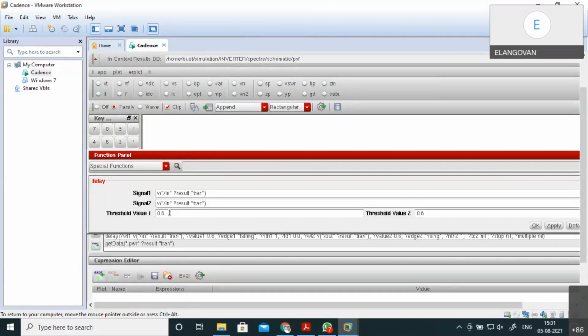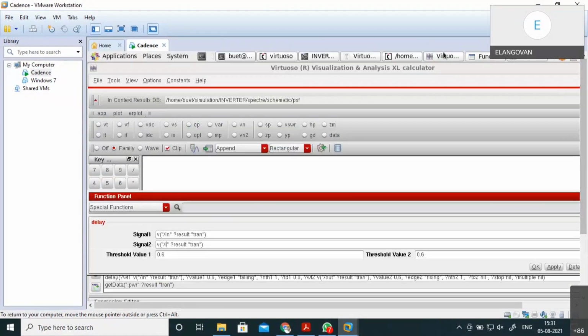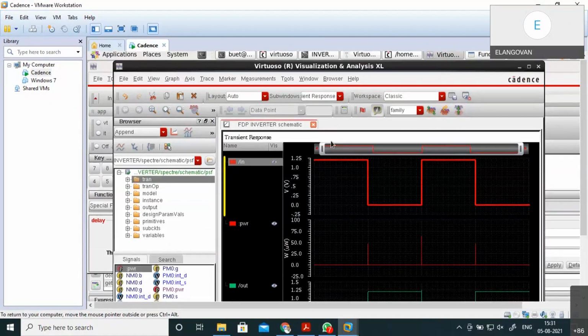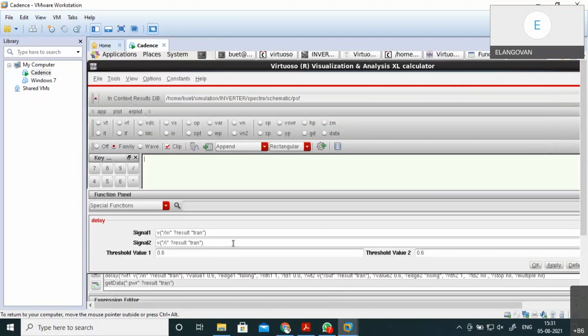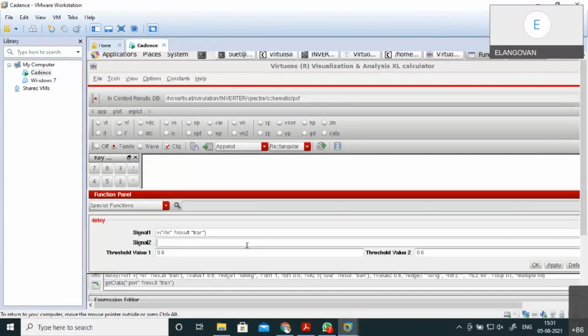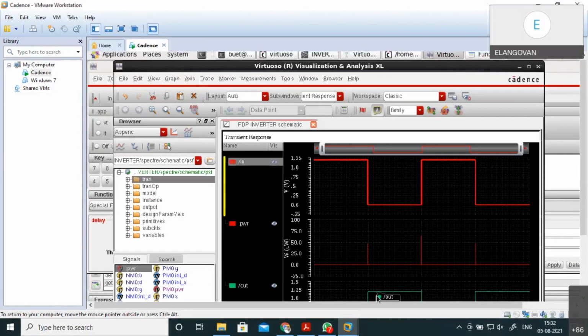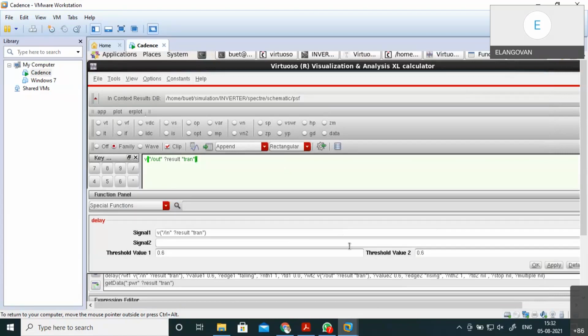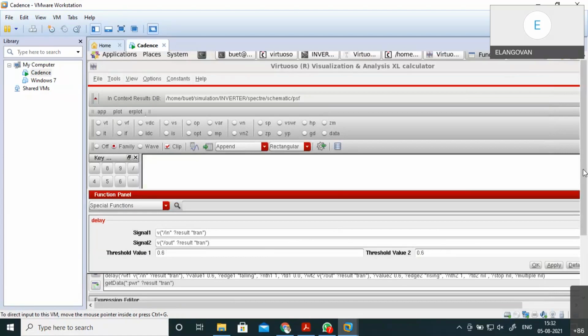Similarly, for the output, if you are choosing, output, yeah. So it is coming now, function. Embed it here. You can choose. So the output is here. We can select the output here. So we see the function. I cut from here with Control X, Control V. So what is the delay I'm going to measure?